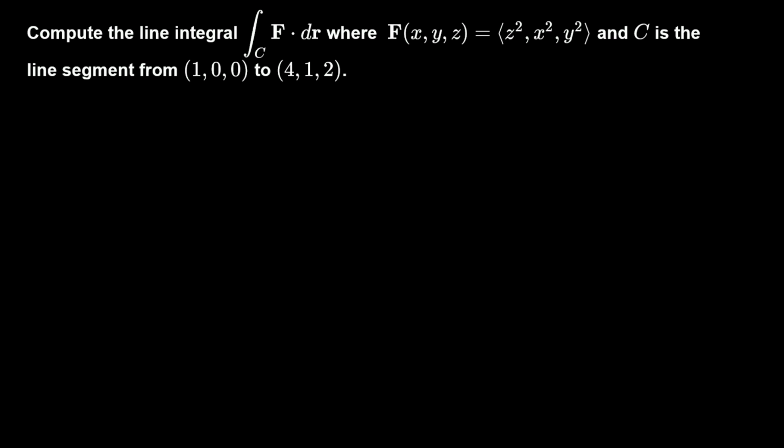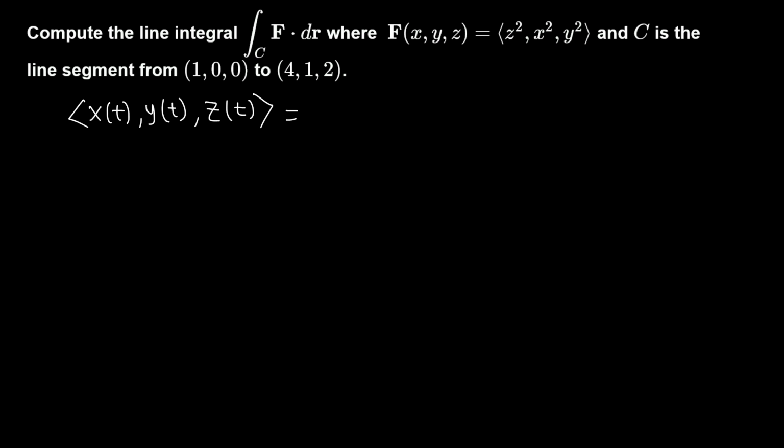Compute the line integral where F is given by this vector and C is the line segment from (1,0,0) to (4,1,2). First we need to find the parametrization of this line segment. Okay, so this is the initial point and this is the final point, so we know that this will be just the vector x of t, y of t, z of t